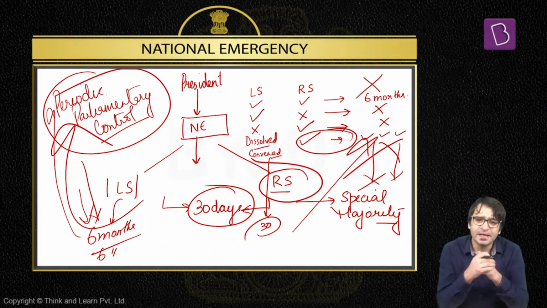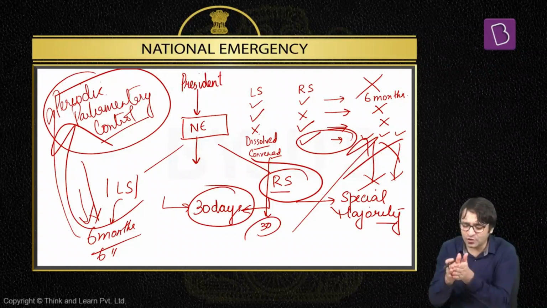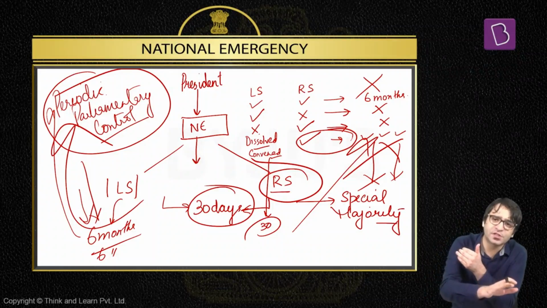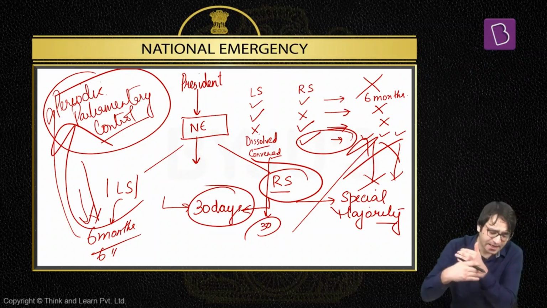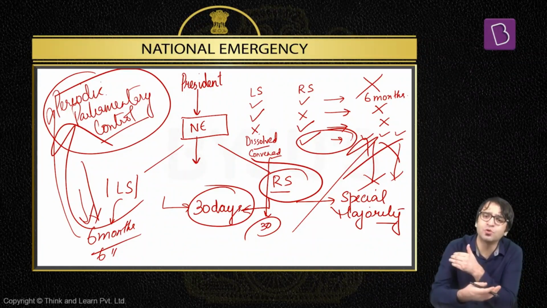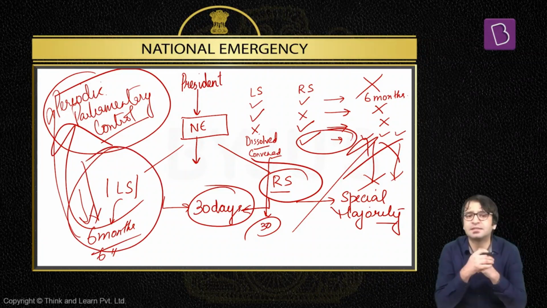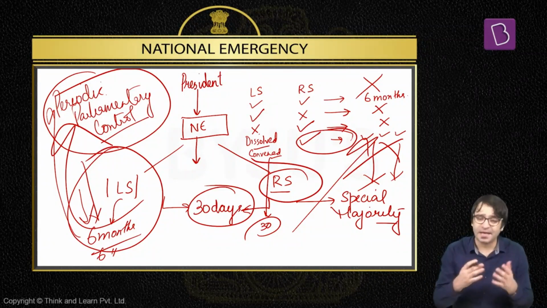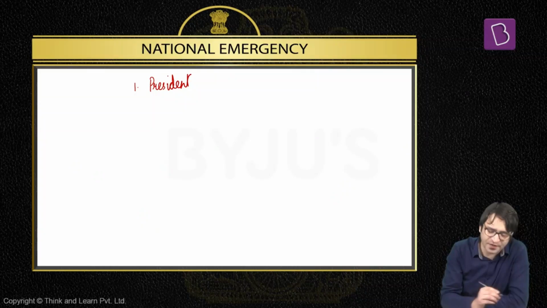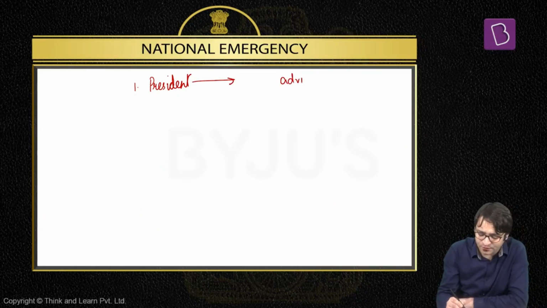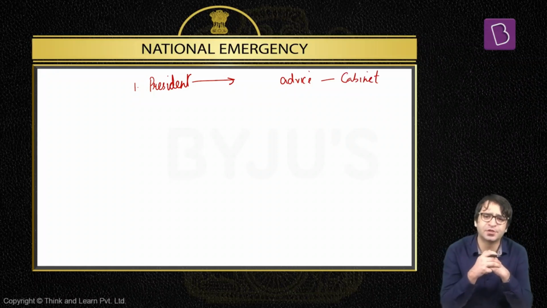That means national emergency imposed by the president based on the written advice of the cabinet continues for 6 months, provided both houses of the Indian Parliament approve this national emergency by special majority. And both houses of the Indian Parliament have to give approval to this national emergency after every period of 6 months. That is what we call periodic parliamentary control. But then, how can this national emergency be revoked? What are these options? Option number 1: President, on the basis of the written advice of the cabinet, imposes national emergency. If the cabinet is recommending to the president, please revoke national emergency, it can be revoked.